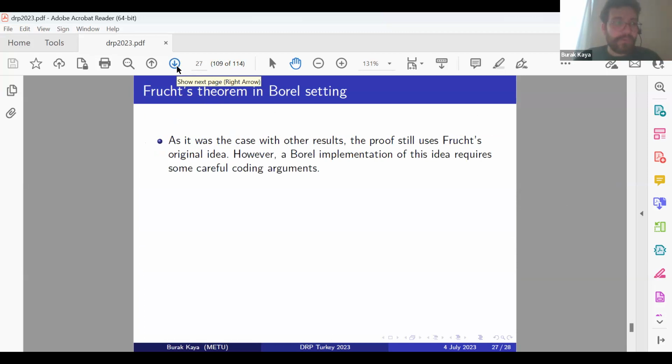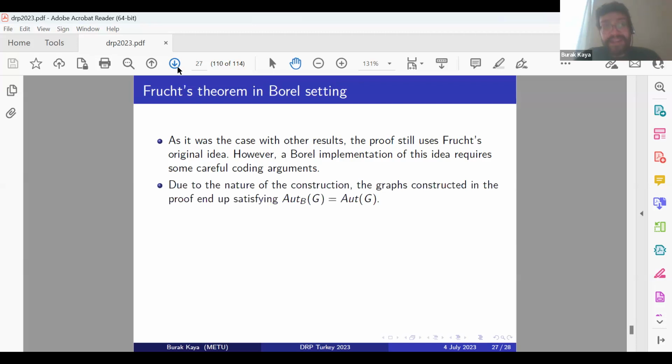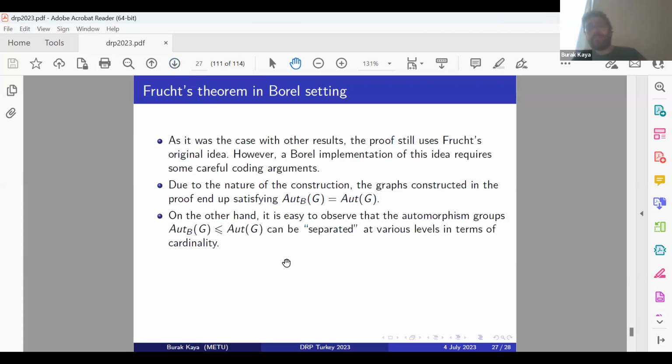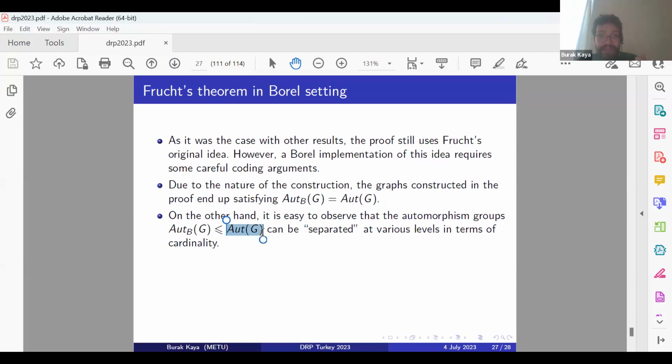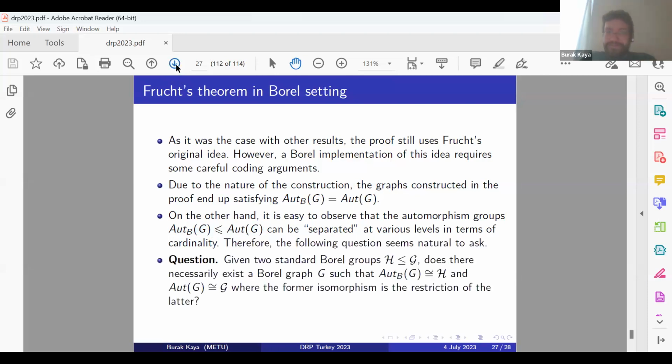And as I said, we just did a Borel implementation of this exact same idea. So we haven't introduced any new ideas, but just played with the old idea a little bit with the coding techniques. Here's the thing, due to the nature of the proof, our graphs always satisfied this: their Borel automorphism group and their automorphism group ended up being the same. But it is easy to observe that you can actually separate this for many graphs. I can come up with many graphs where the automorphism group is not equal to the Borel automorphism group, okay? Like this can be countable, whereas this can be uncountable and this can be countable. Or worse, this can be countable and this can be countable, and I think you can make this finite as well. So the next question that we thought we should investigate was the following, but it seems a bit